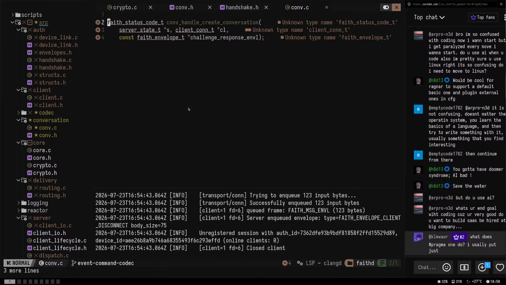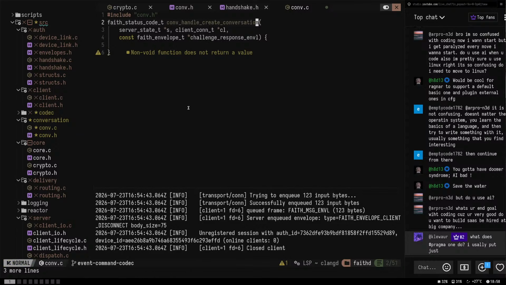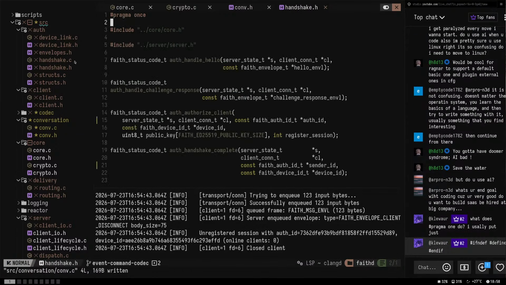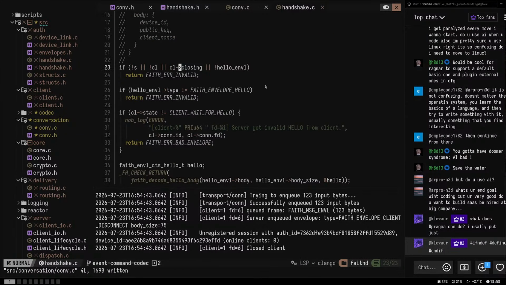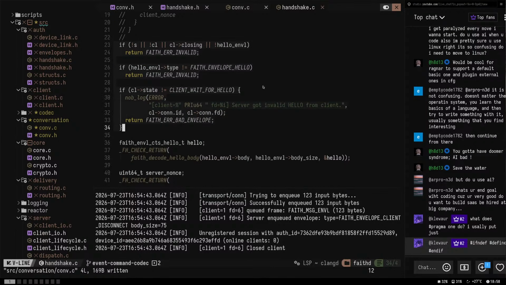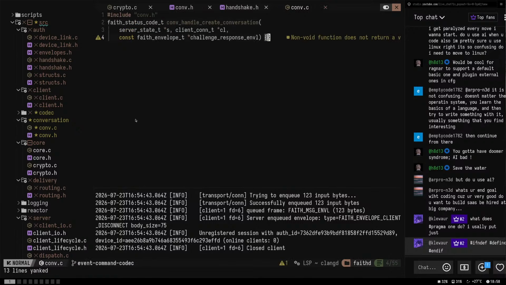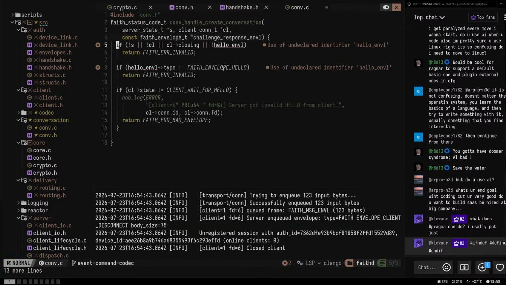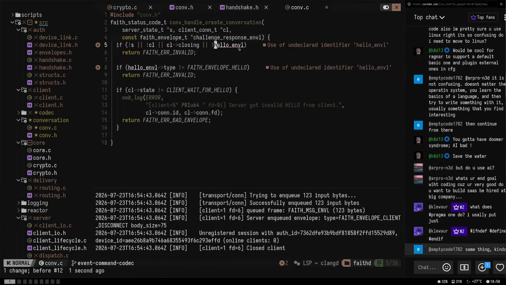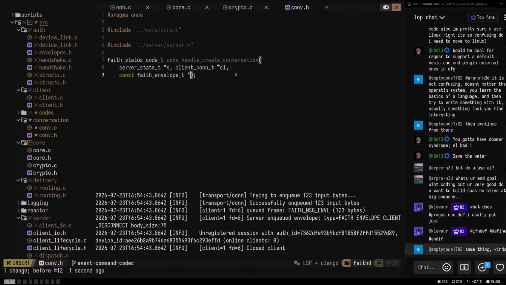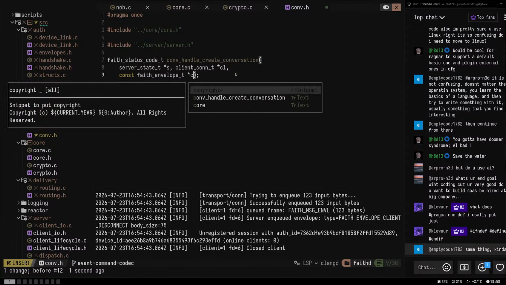And handling that will be as easy as including that, doing this, doing that, and yeah, so we kind of want all of those things before we actually handle it. So we want to check if the not challenge response, if it's actually a